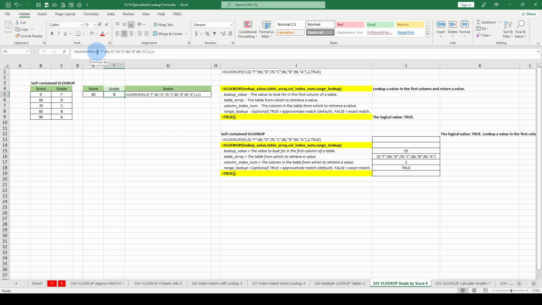Remember, if you're putting in a fixed array, to always put the brackets around it, the curly brackets, as opposed to the square brackets. On your keypad, you have 2 options. You have the curly brackets, and then if you hold down the shift key, you'll get the square brackets. Use the curly